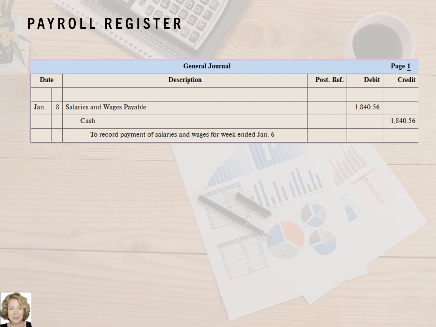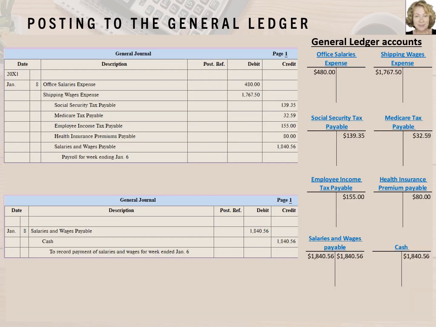The next step is to post the journal entries to the general ledger. Just please keep in mind that this process is automated in most companies because they use accounting software. To manually post these two payroll entries, we first debit the gross wages to the office salaries expense account for $480 and to the shipping wages expense account for